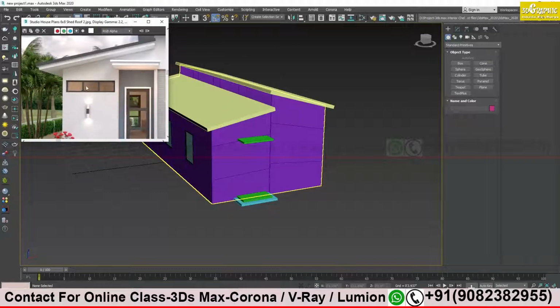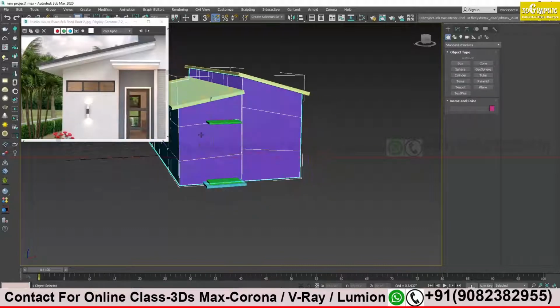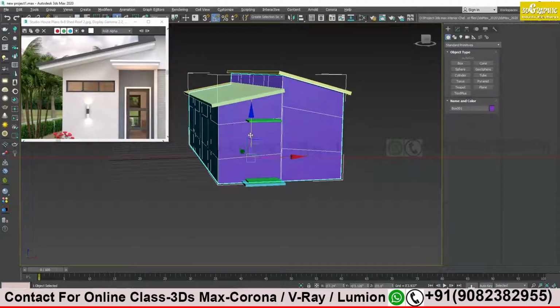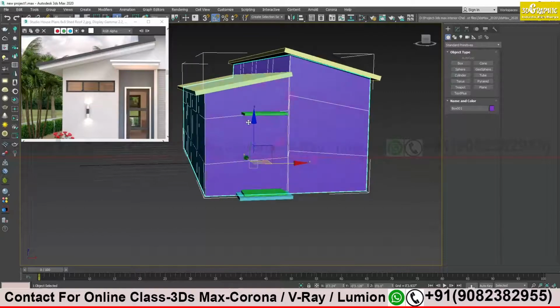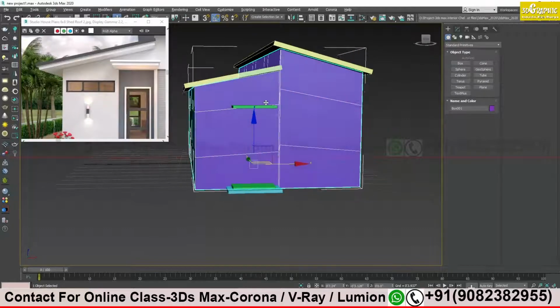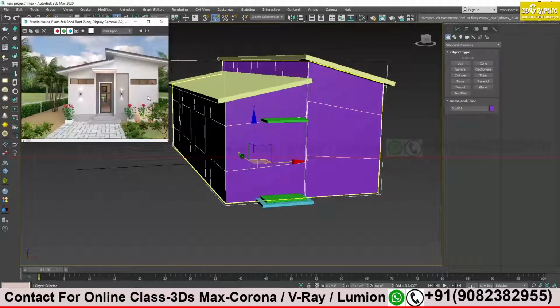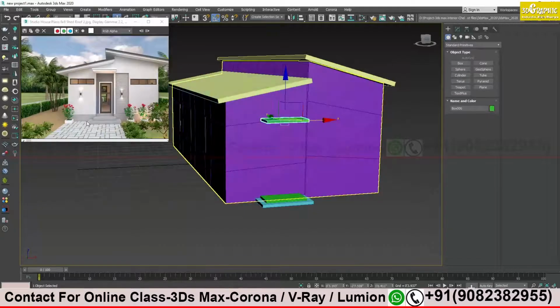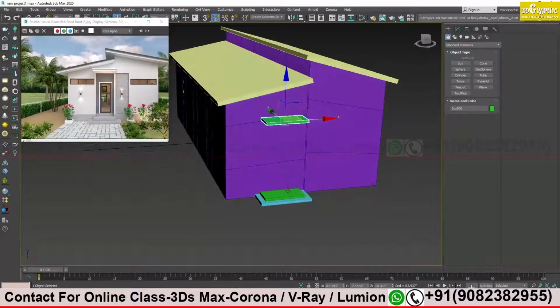Okay, so it has like 3 partitions. With the help of a panel, we will create the panel later on. First we need to create a gap over here. How are we going to create it? So this is my wall, and I have to create a gap over here. So first of all, I don't need this. Let me keep this aside.